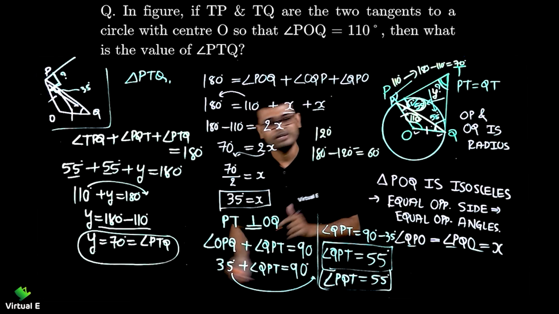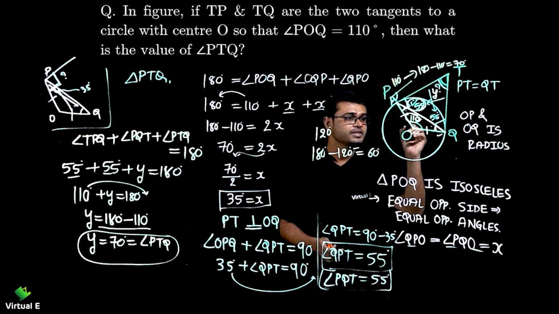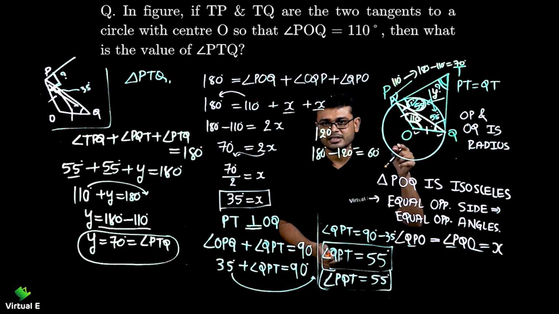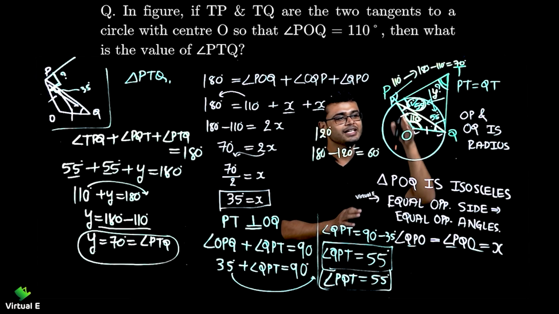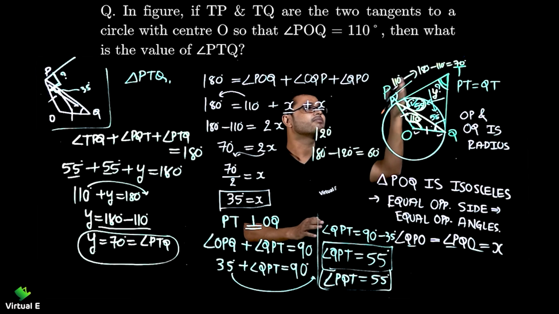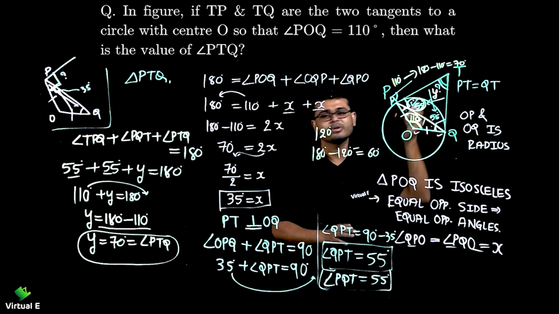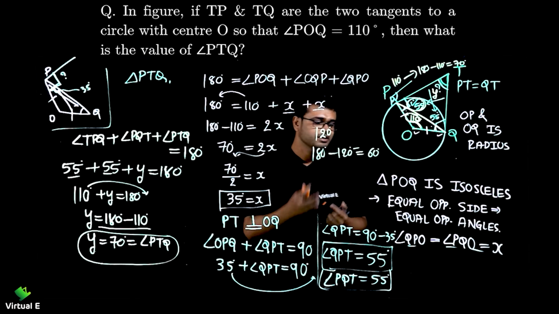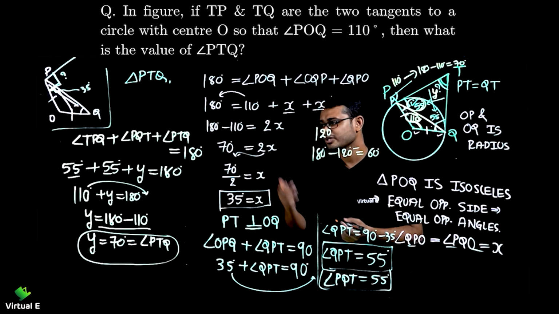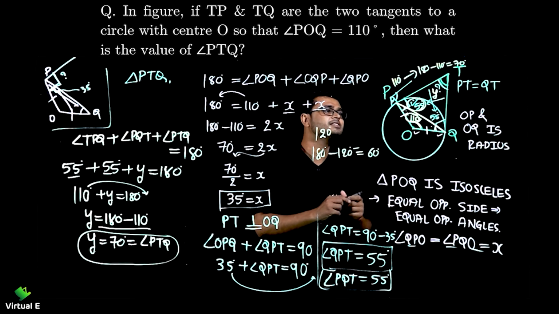But for 1 mark, if this kind of figure comes and this angle is given as 110, subtract it from 180, you'll get the direct answer. And vice versa, you can do it. If this is given as 70 degrees and this angle you need to find, subtract from 180 minus 70 and you will get 110, right? So this is an easier way for the MCQ, but when it comes to 2 marks and 3 marks, you need to show this step, right? Let's discuss another way to solve this question as well.